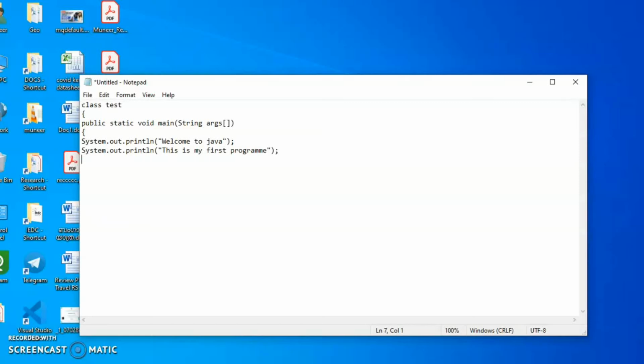Now we can close the main function. We can close the class also. So this is a simple program to display two texts when you run it. The program will display Welcome to Java, and it will also display This is my first program.